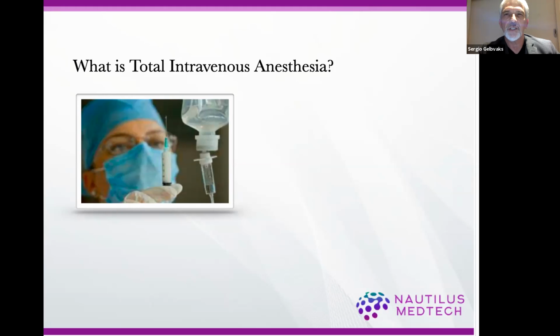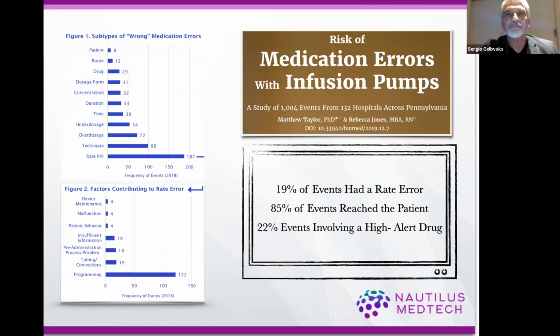The great advantage in using infusion pumps for anesthesia is to keep the anesthetic drug concentrations more stable and reliable during the procedure, sometimes with fewer side effects or complications. But not always that's true. Even when using infusion pumps, especially those manually programmed, some errors may occur. For example, in this study, we can see that there was a high incidence of infusion rate errors, basically caused by an error in the infusion pump